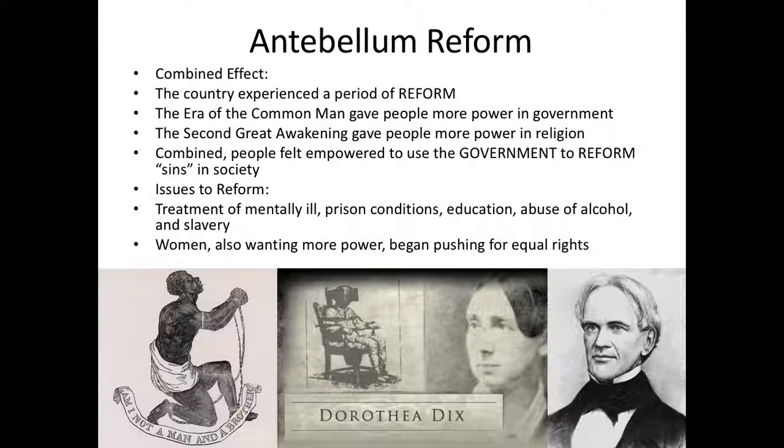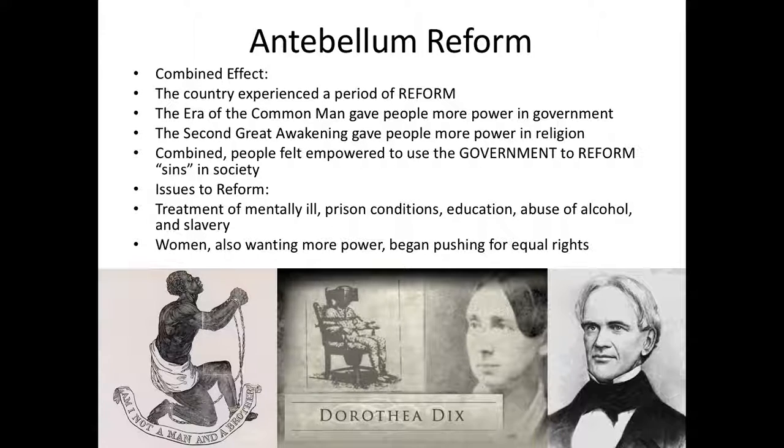So remember, issue number 5, which I'll come to later on, will be about women pushing for equal rights, and in particular, though not only this right, but in particular, they're going to be pushing for the right to vote. They're going to be pushing for suffrage. So I'll talk about 6 major reform issues.